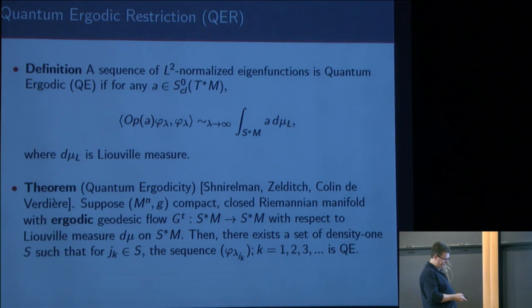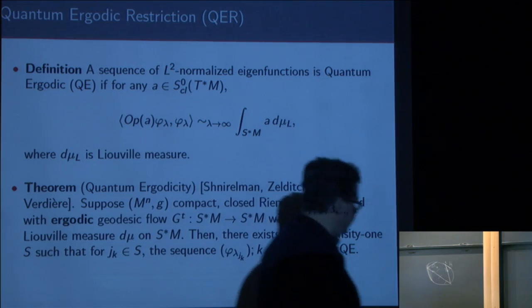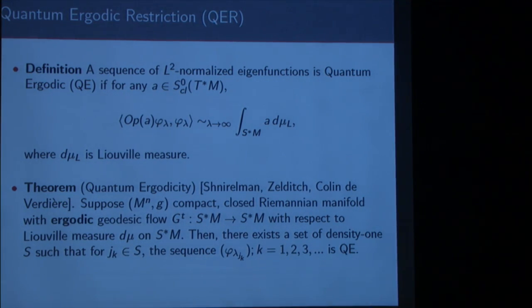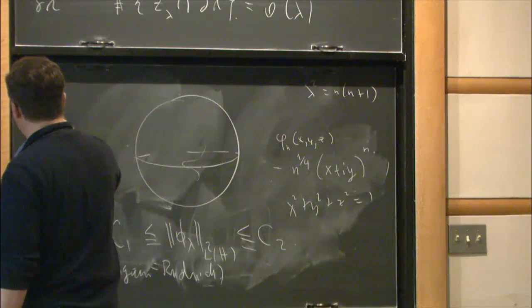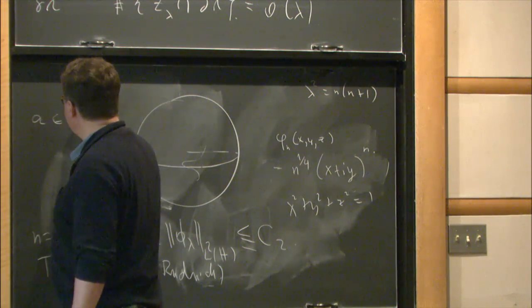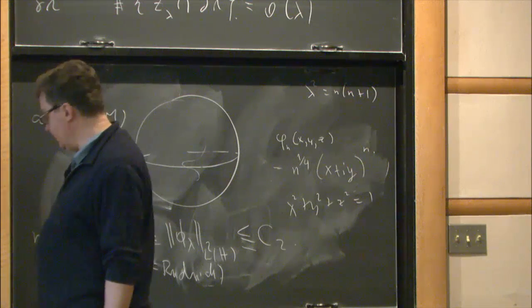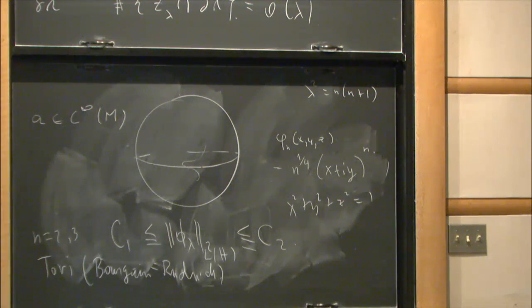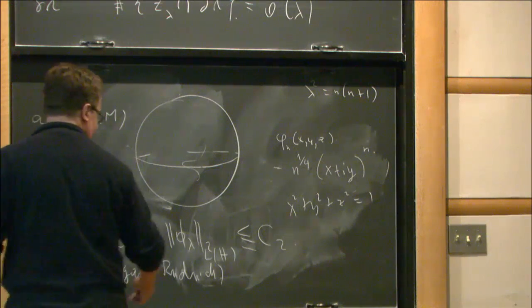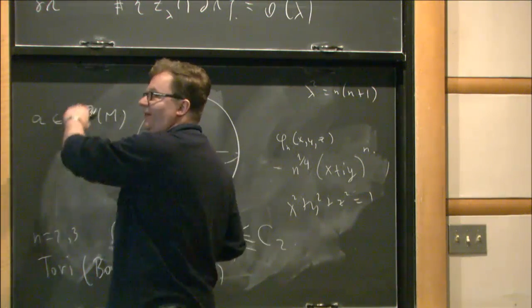And if you take the matrix values of the eigenfunctions relative to this function, it's equidistributed, right? A is a function on the cotangent bundle of the manifold, but you can take it to be just a function on the manifold. It's more general than that. If you just stick to the manifold, it's just multiplication. You lose the dynamics, that's extremely important.